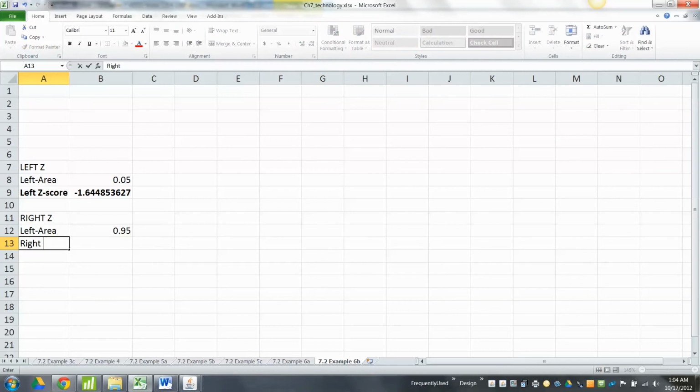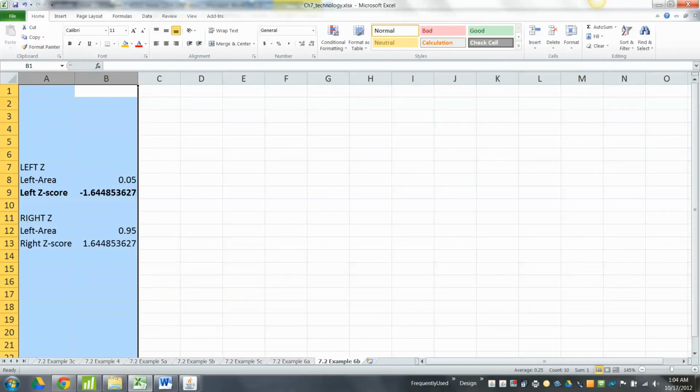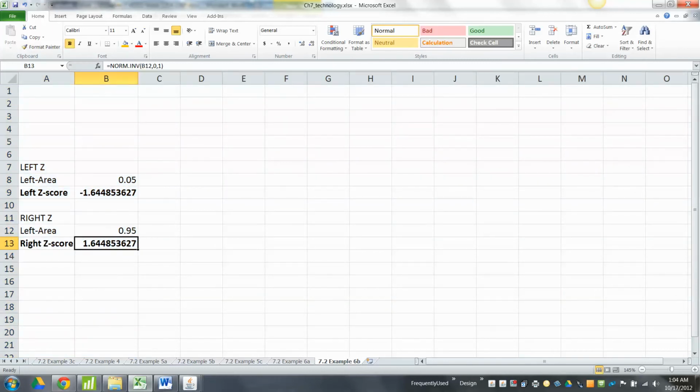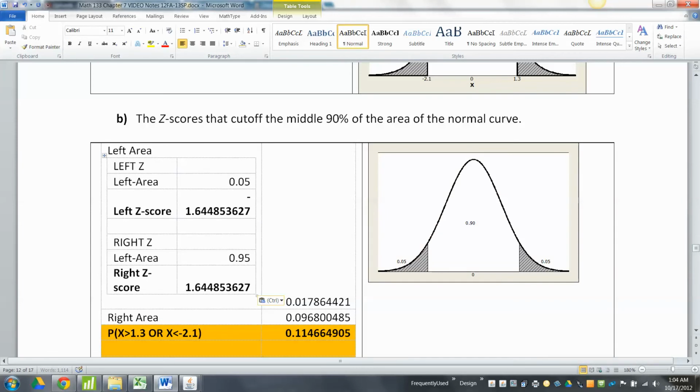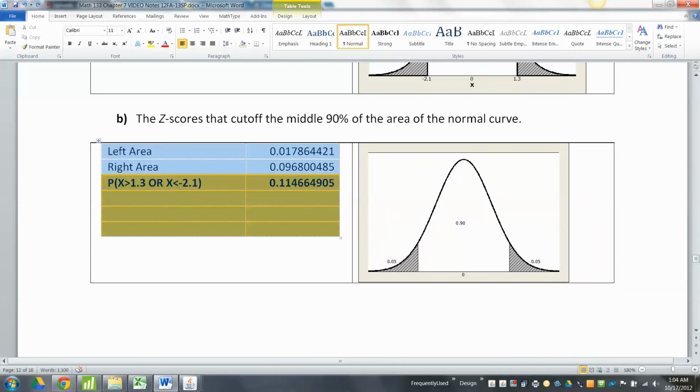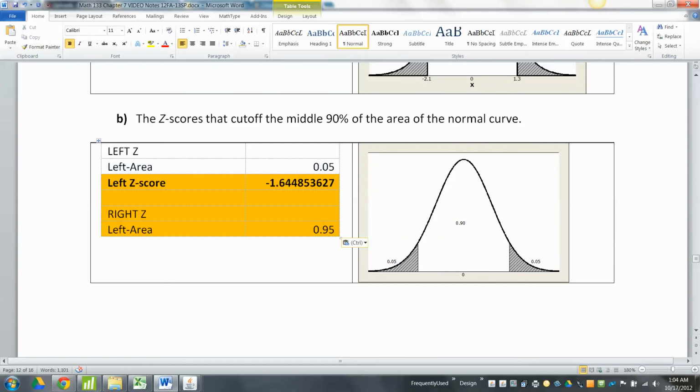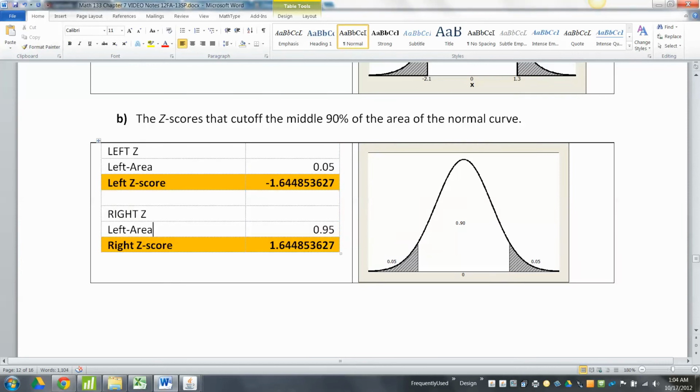So the right z-score is equal to norm inverse, that 0.95, comma 0, comma 1. All right, so there are the two scores according to Excel. Now let's see if we can also find them with StatCrunch, because that's just how we're going to be. So let me put this in here. There we go. I've got both values in there, and the only ones that are highlighted are the negative and